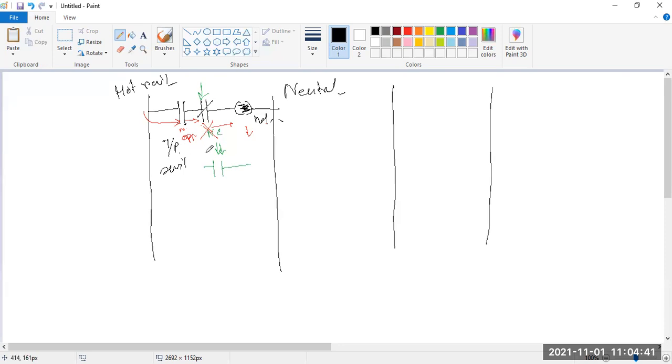But how is it possible? Because in your fan switch or other switches, whenever there is a push button, once you push your button and then release it, it automatically becomes open circuited. But how is it possible that throughout the running time it is still producing supply? Because there is latching. Now what is latching?